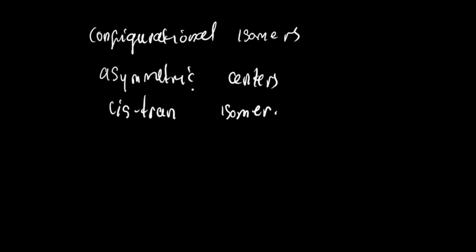Okay, so we could have configurational isomers that are a result of asymmetric centers, and those that are a result of cis-trans orientation. Now for this video specifically, we'll be narrowing our focus to configurational isomers that arise as a result of asymmetric centers. But just as a touch into the cis-trans orientation,